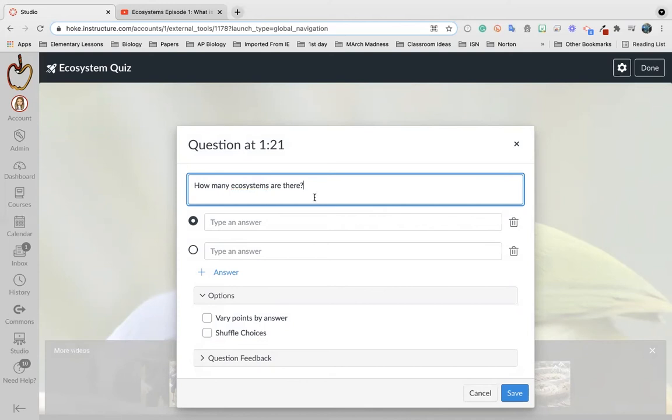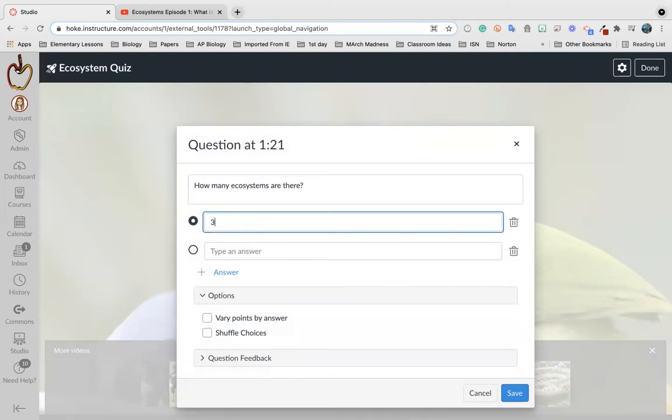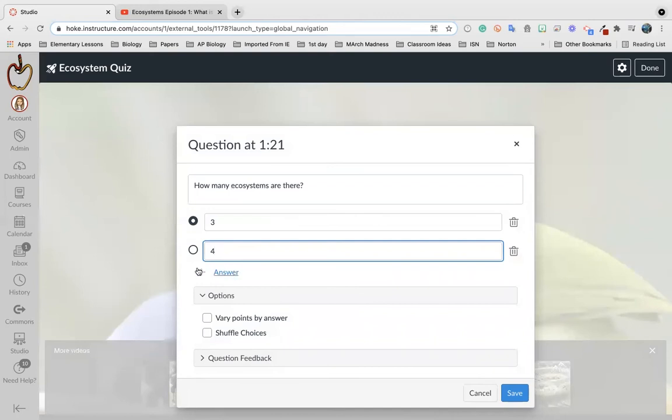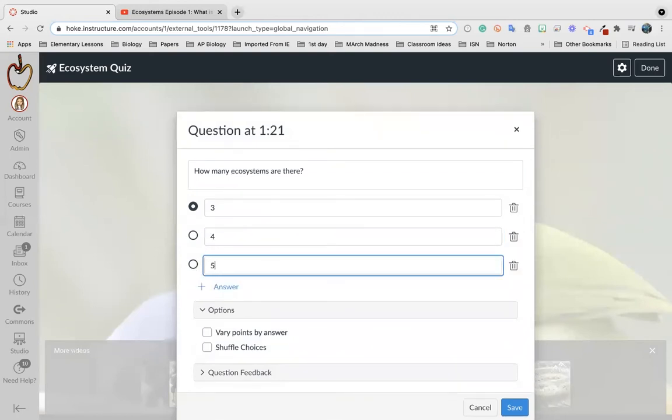Oh, sorry about that. How many ecosystems are there? 3, 4. And you see which one it's saying the correct answer is. So you have to identify which is your correct answer. None of those are right, but